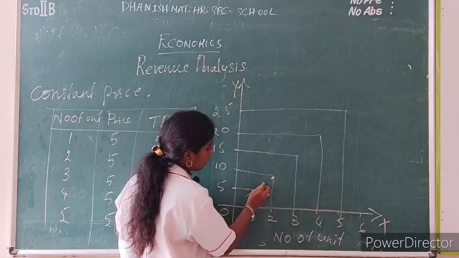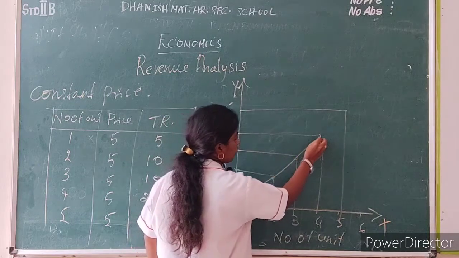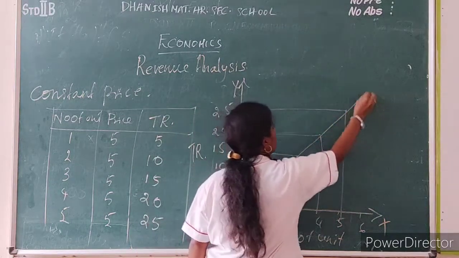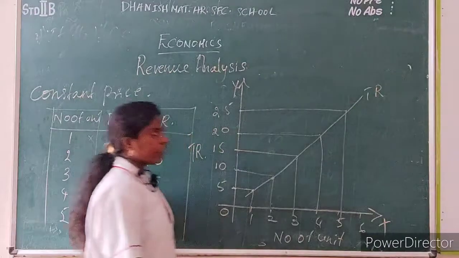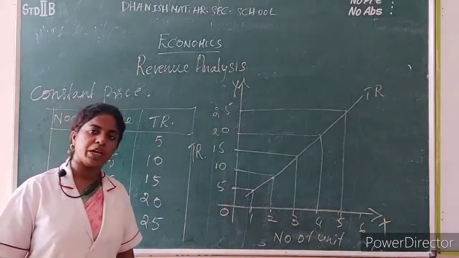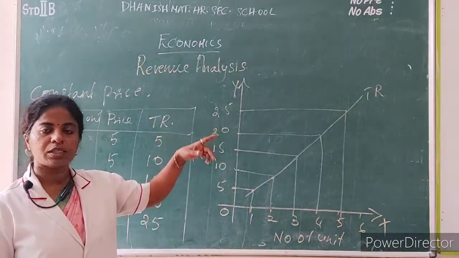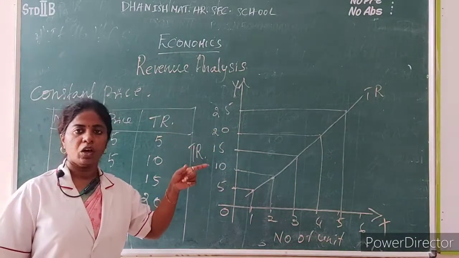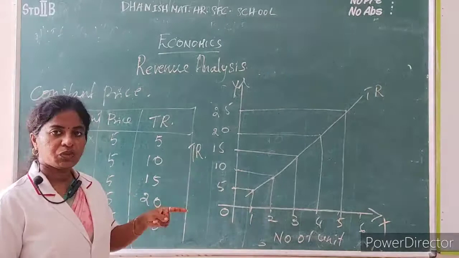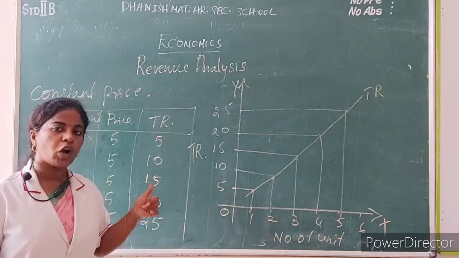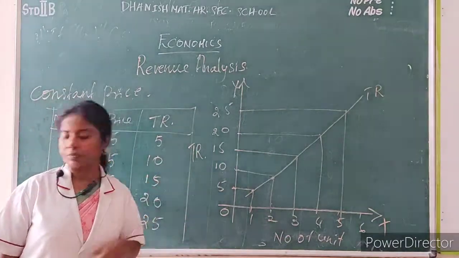So draw a line. The total revenue under a constant price will be moving upward sloping, because the price remains constant. So this diagram is very simple and easy under the constant price. Next